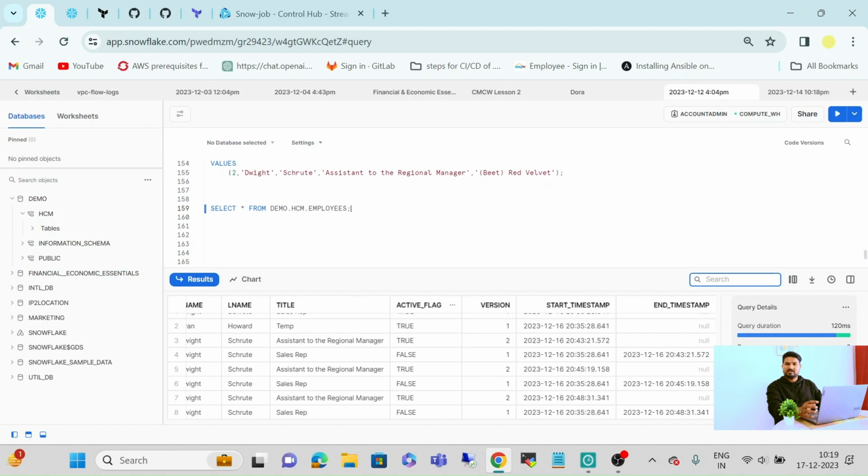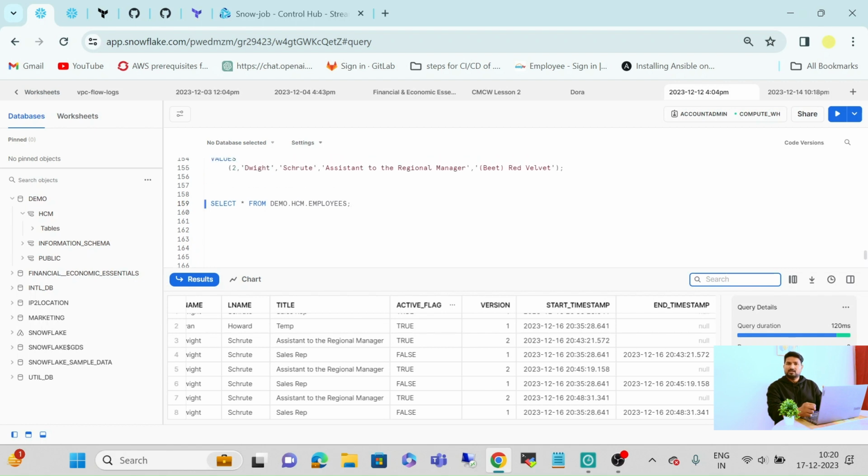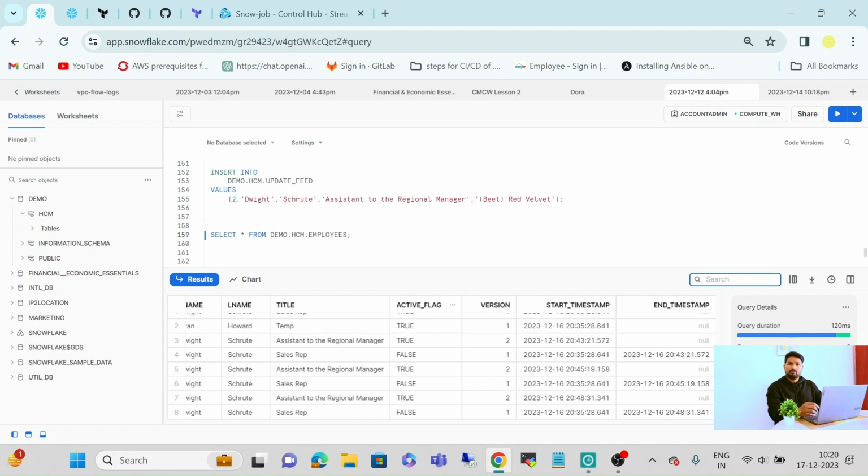Our project has been successfully created. This project is very beneficial for your career growth and your resume building. You can put this project in your resume also. If you are a fresher and looking for a job, then this project can be beneficial for you. It is an important project which contains a DevOps cycle and a data pipeline also. So you have the knowledge of both DevOps and data engineering.